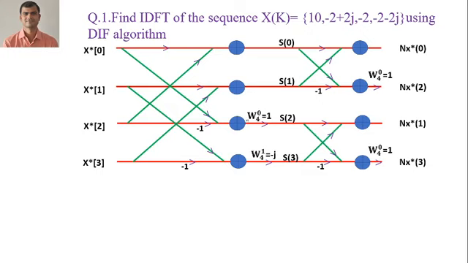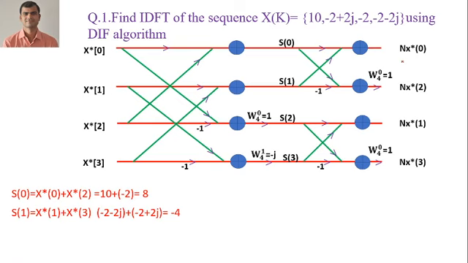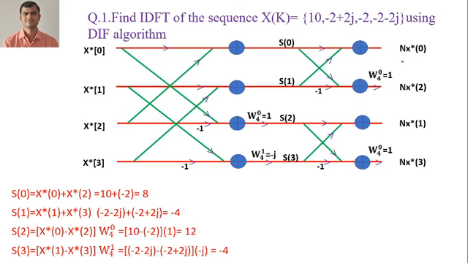So we have known the flow of DIF algorithm. Here the input sequence is in natural order and the output sequence is in bit reversal order, but here we also need to take the conjugate. Also here we need to conjugate, and the output is already going to multiply with the value of capital N. Now simply you put the value of x conjugate of 0, x conjugate of 1, x conjugate of 2, x conjugate of 3. We will be getting the output of stage 1: S0, S1, S2 and S3. So the stage 1 output we have taken after the twiddle factor exponent multiplication.